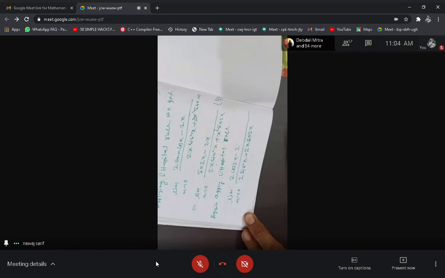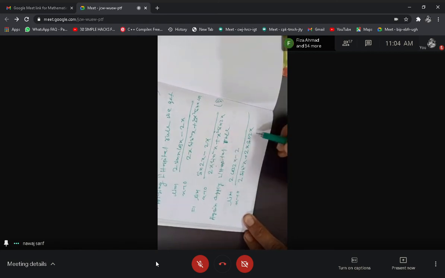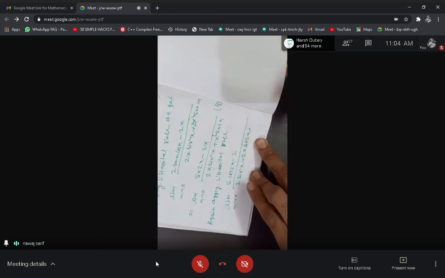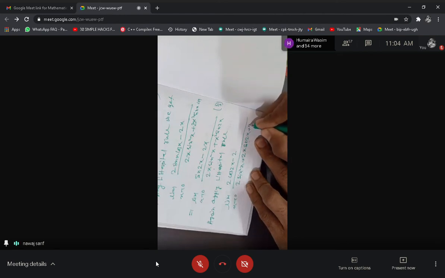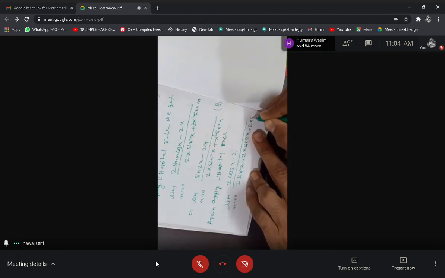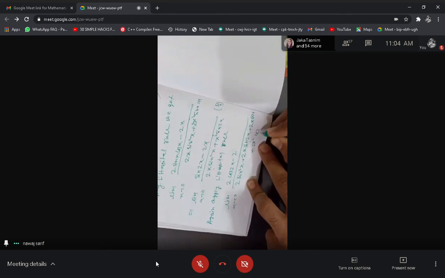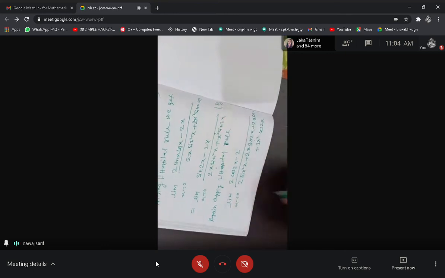Okay, 2 sin x cos x is what? Sin 2x. Okay. So then the derivative of x square sin 2x: x square into 2 cos 2x, plus 2x into sin 2x, that is 2x sin 2x, plus x square 2 cos 2x. Okay, now apply